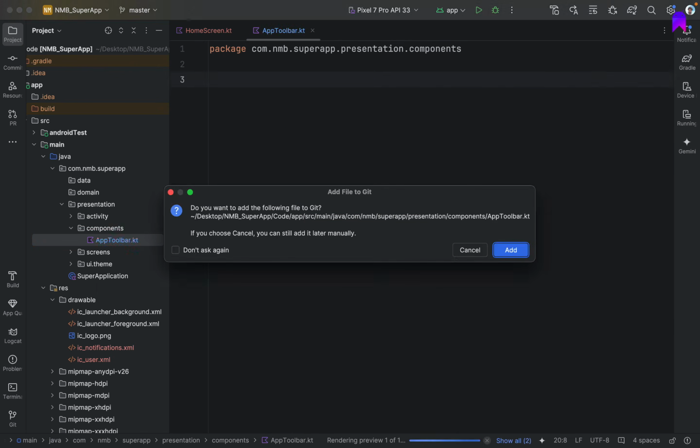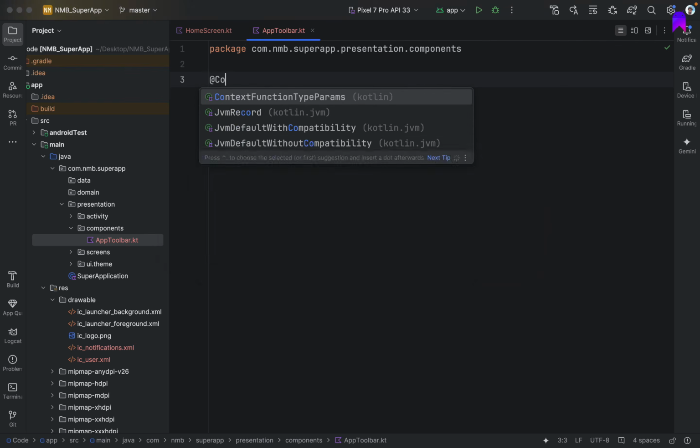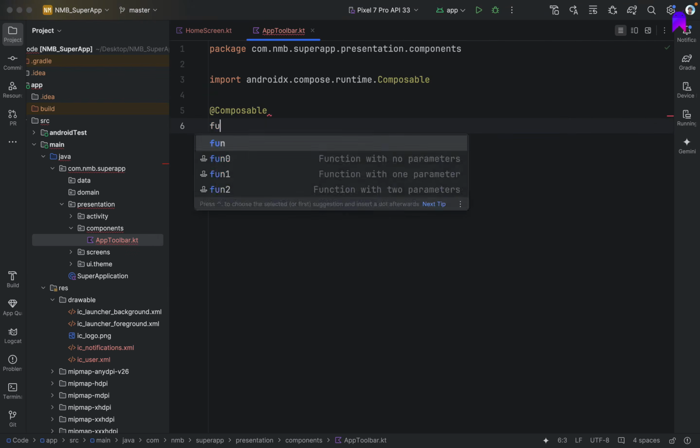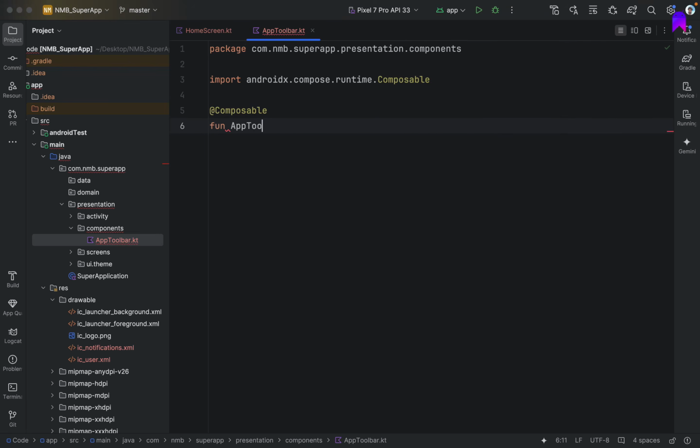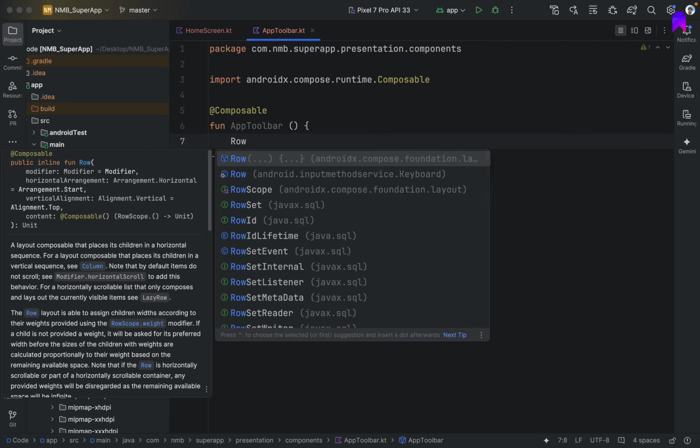Okay, this is going to be one composable again, and we can create it with the help of one Row composable,